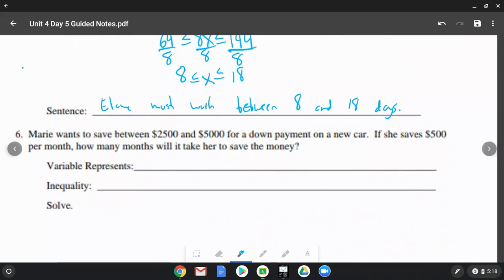Ooh, this is a good one too. Marie wants to save between $2,500 and $5,000 for a down payment on a new car. If she saves $5,000 per month, how many months will it take her to save the money? So let me just check